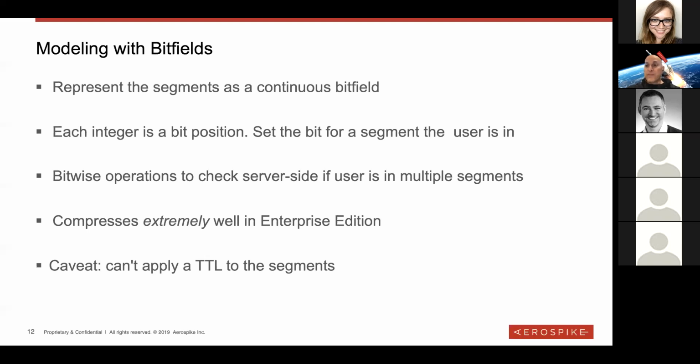The other thing is that if you are using Enterprise Edition as opposed to Community Edition, you have the option of using storage compression, which is transparent to the operations side. So the operations still happen. Aerospike reads the record to memory, does the operations on the memory version of the record, and then saves it back to disk. Between the point where it says to save this to disk, there is a compression algorithm that picks it up and compresses it just in time.